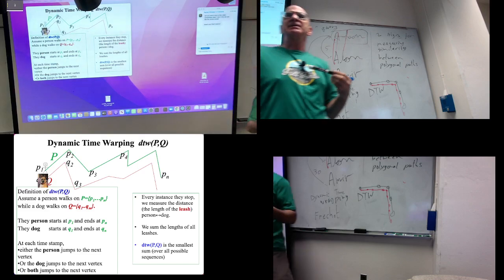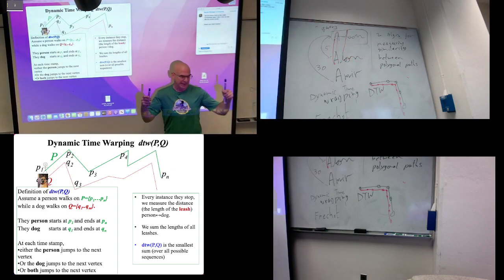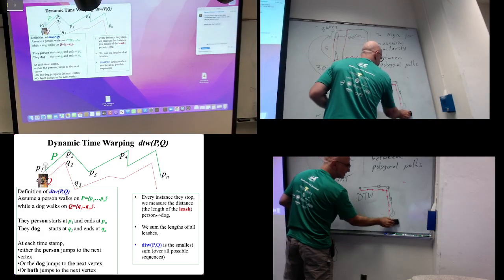What I'm describing is the whole algorithm that eventually will give me a number. That's a distance between them. The dynamic time warping is a distance between the curves. And it will also tell me which vertex matches which other vertex. To have a precise example,